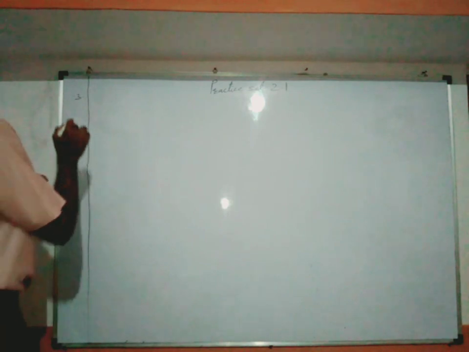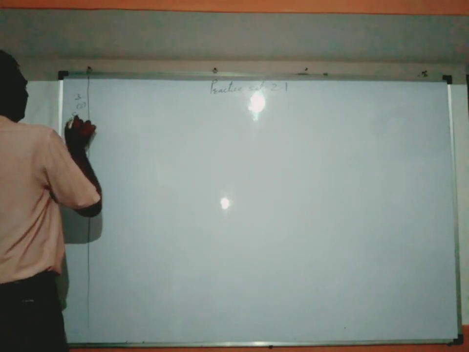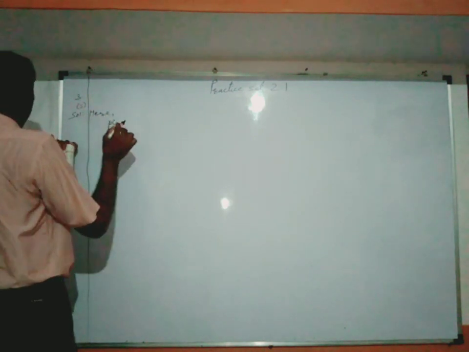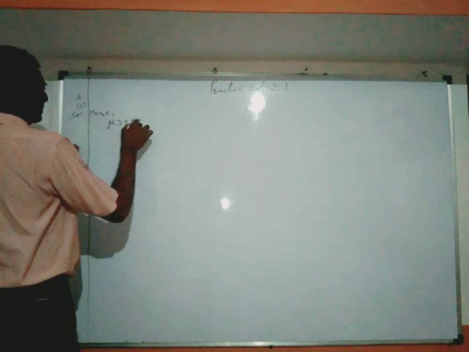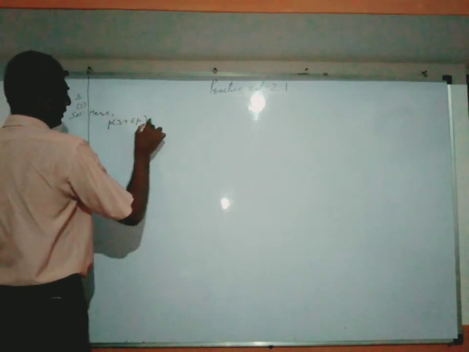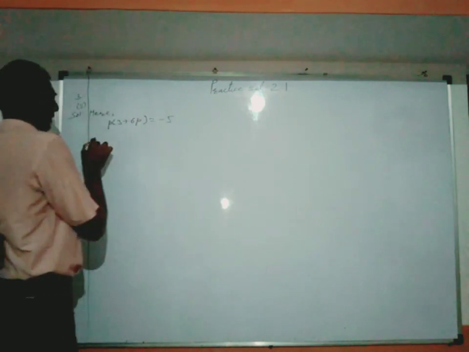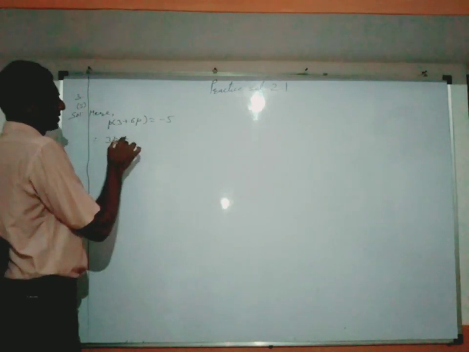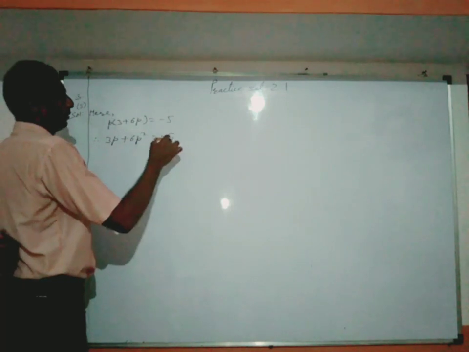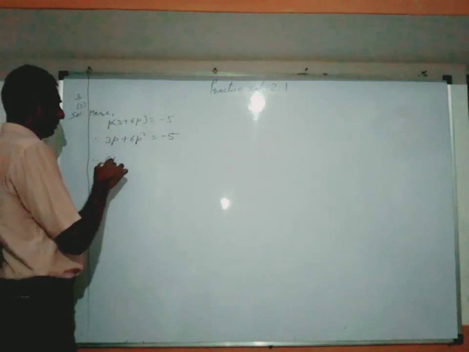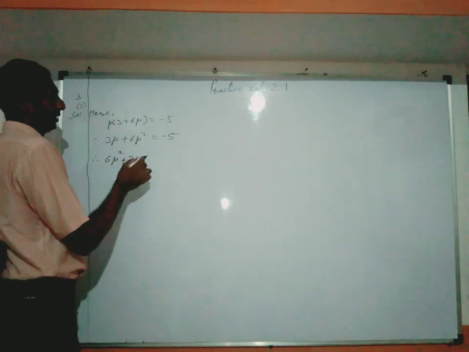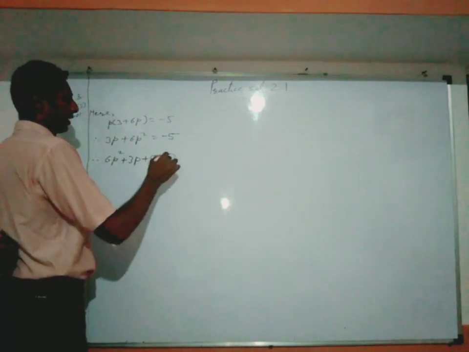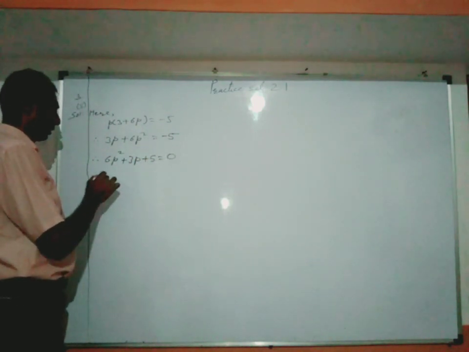So question 5, solution. Here p(3 + 6p) equals minus 5, and therefore p into 3 gives us 3p, p into 6p gives us 6p square, equal to minus 5. Therefore it will be 6p square plus 3p minus 5, and on transferring from right to left we get plus 5, that equals 0. Therefore, comparing it with